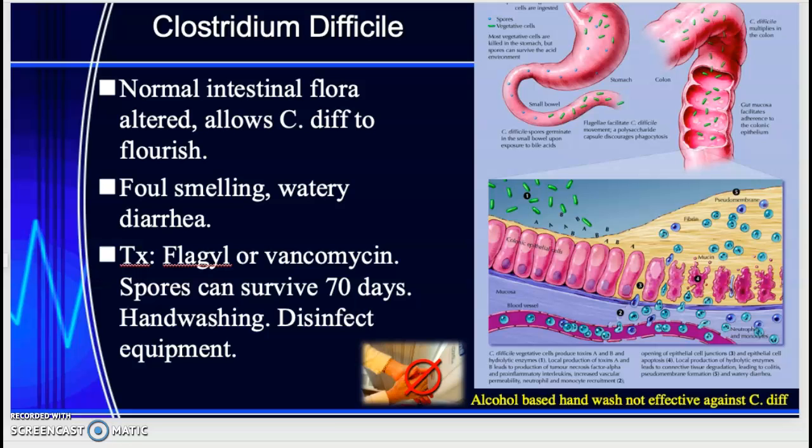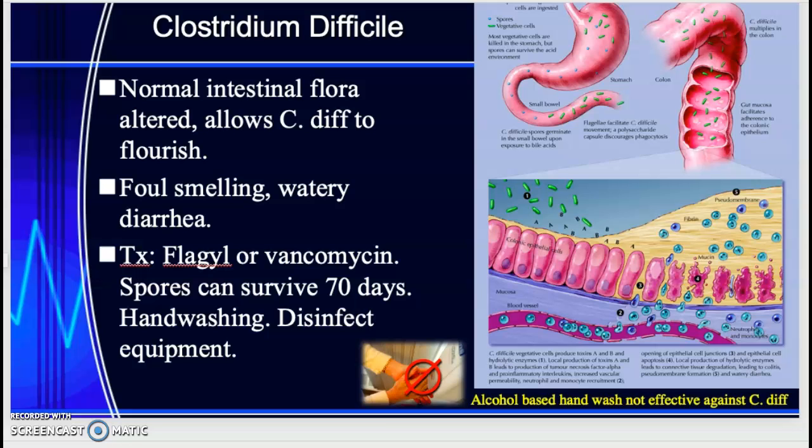And if you've smelled it, it smells really poorly. But it's a watery diarrhea, and it can't be treated with the normal anti-diarrhea agents that we have, like Imodium AD and stuff like that. Those don't work. It has to be treated with Flagyl, vancomycin,